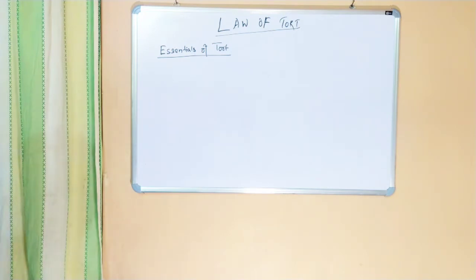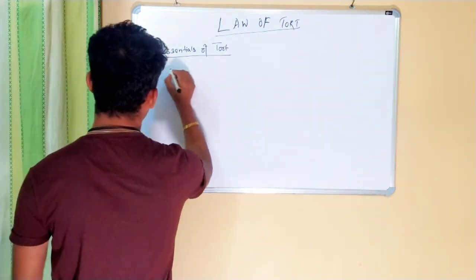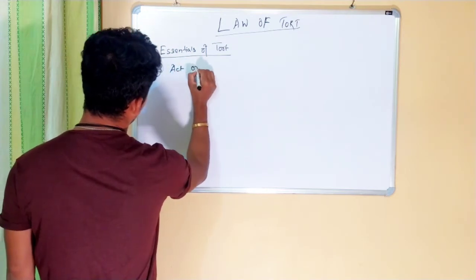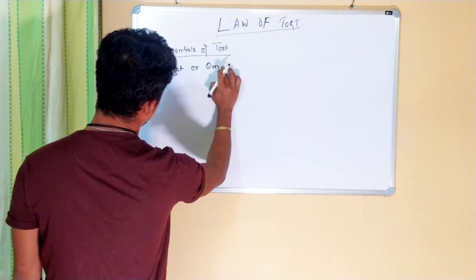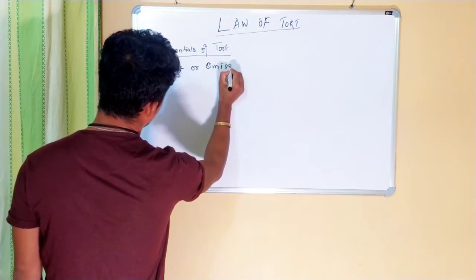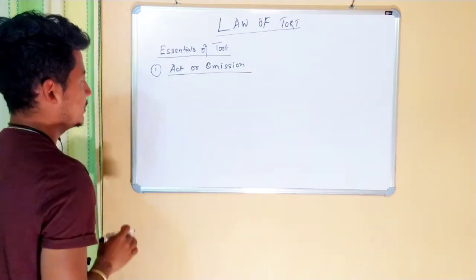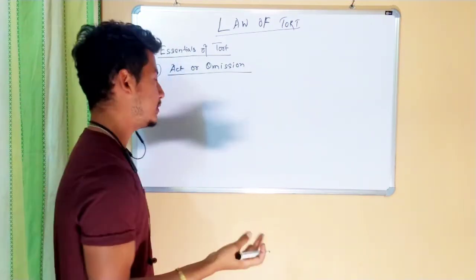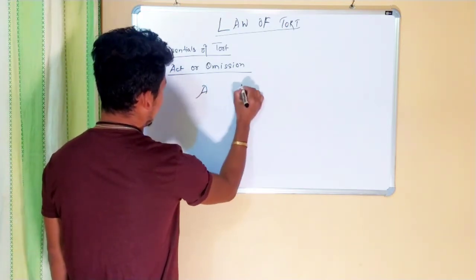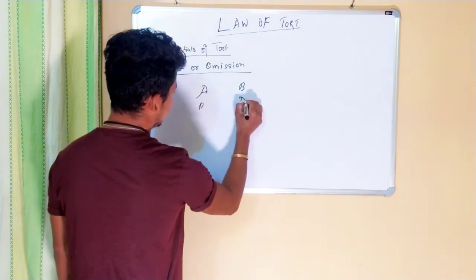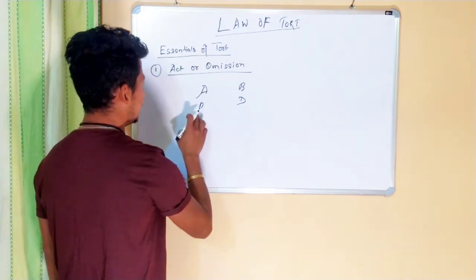So guys, number one is that act or omission. There has to be a certain act committed by the defendant. Suppose A and B, A is a plaintiff, B is a defendant. So there has to be a certain act done by the defendant to the plaintiff,